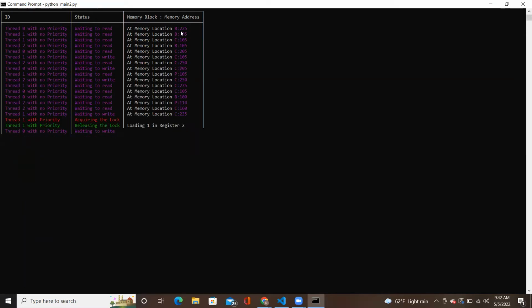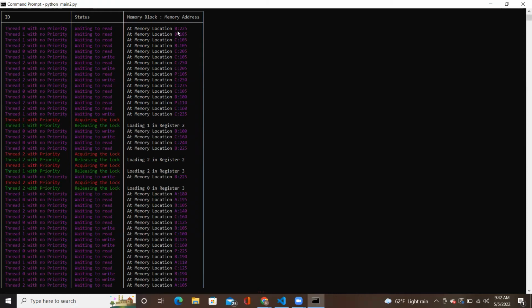We show where the threads are at, whether they're reading in a specific memory location or writing in a specific memory location. And then we also have what is being loaded in a specific register at the time. In this one, it's loading 1 into register 2, and this one is loading 2 into register 2. So we have 4 registers,